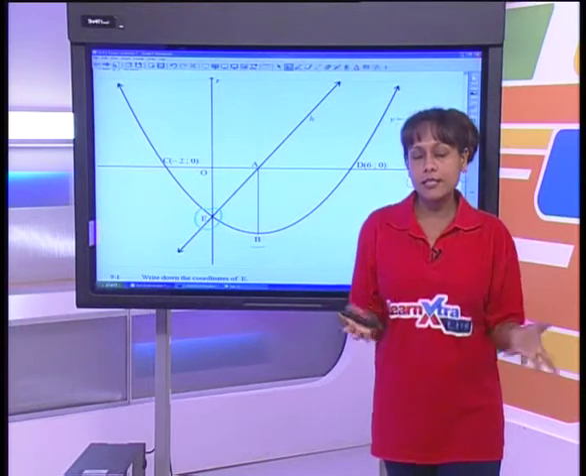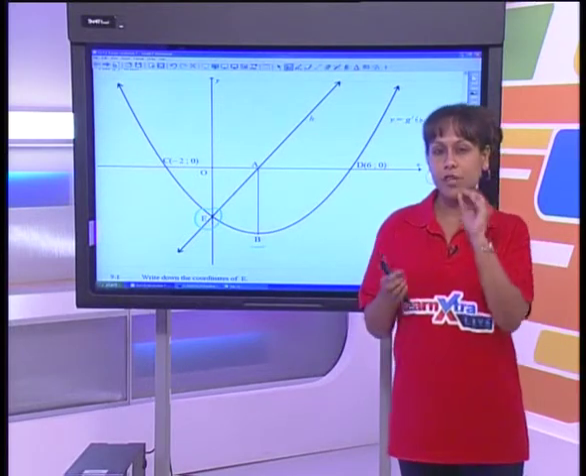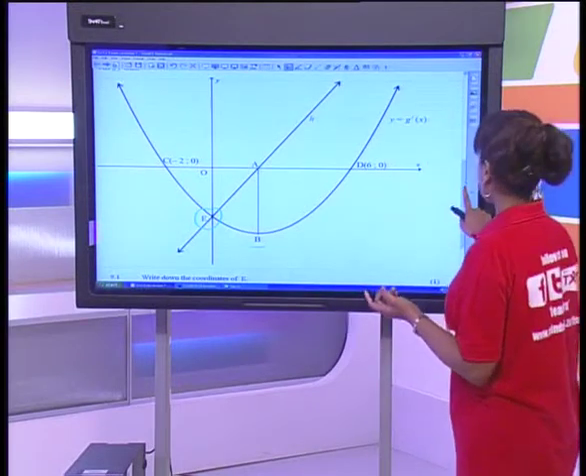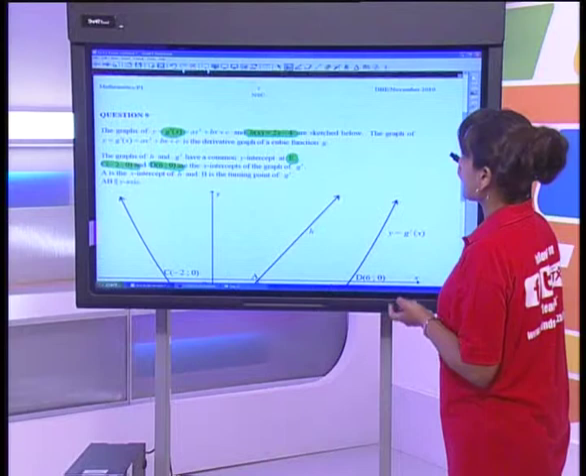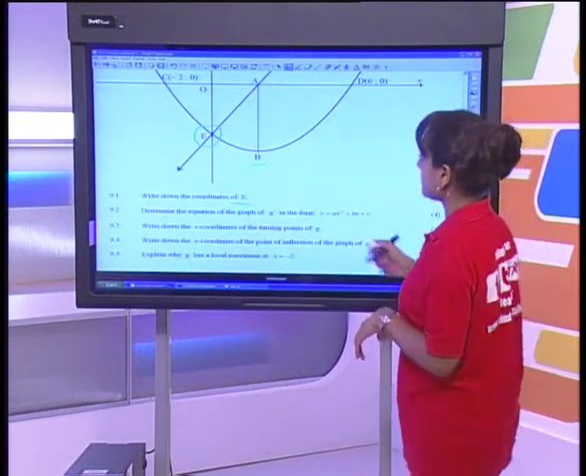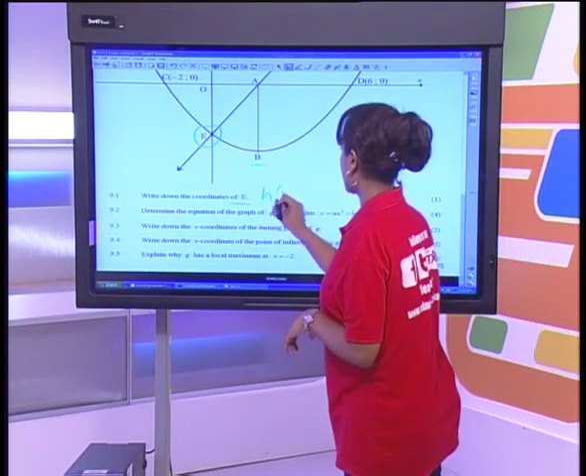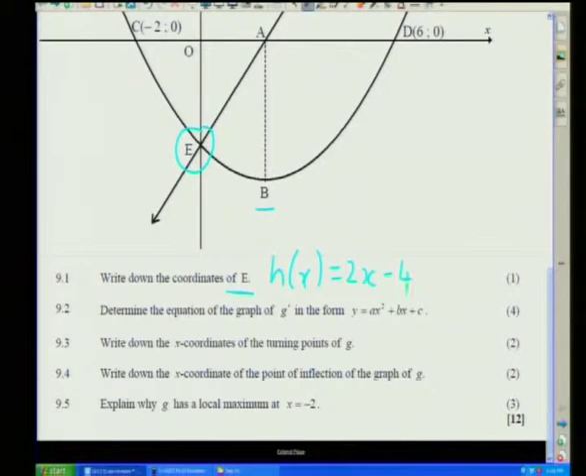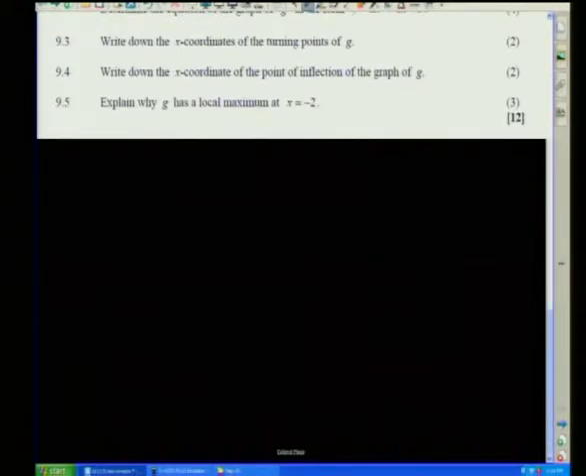This one is actually nice and easy for you to do because they've given you the equation of the straight line. They've told you that h of x is equal to 2x minus 4. So we can quite easily find the y-intercept from that graph. And remember that the y-intercept of the straight line and of the parabola are both the same. So therefore point E, okay, so this is question 1, and I'm looking at point E, which is the